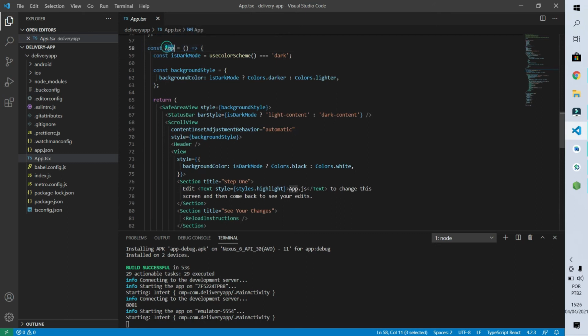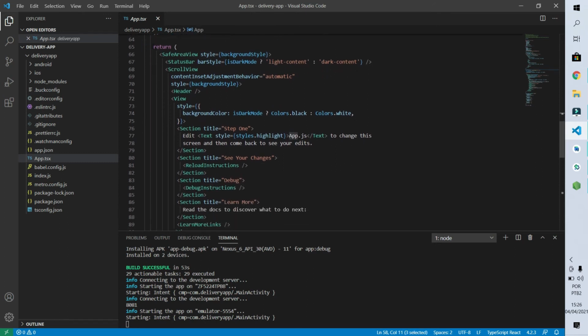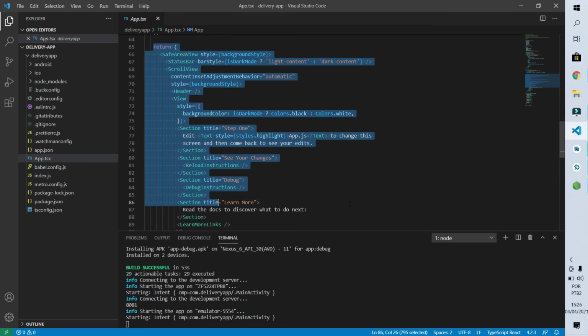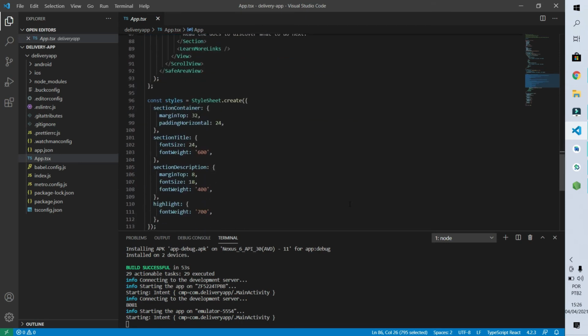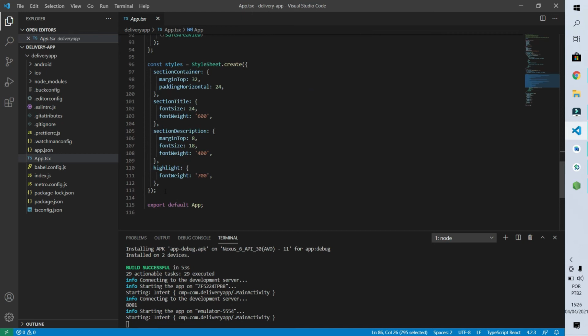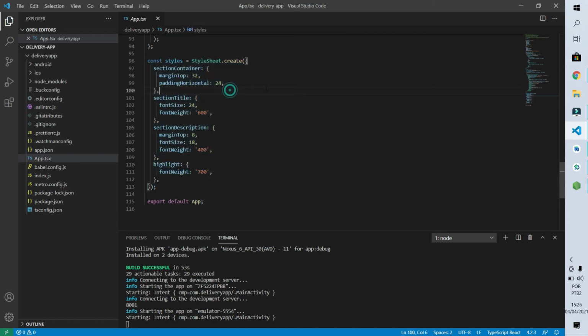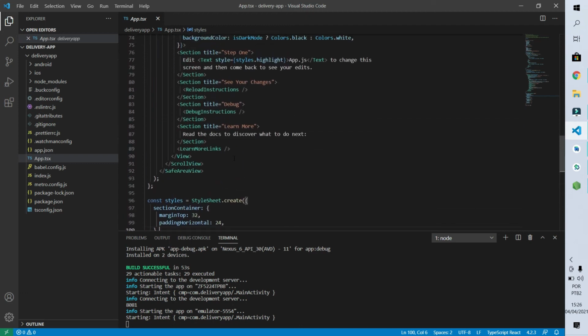The instructions that are here in this return code are the instructions to create that screen that we just saw, and down here we have the style of this page. This is kind of the CSS of this page. When we really start coding the app, we will not have this structure here, which is the CSS and the page code inside of the same file. I think this is bad practice, but we'll talk about it later.